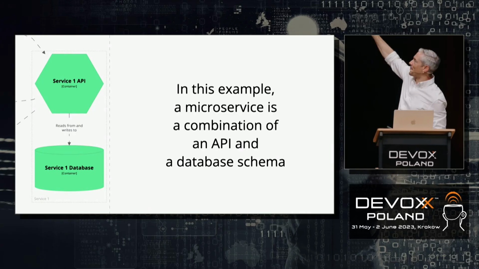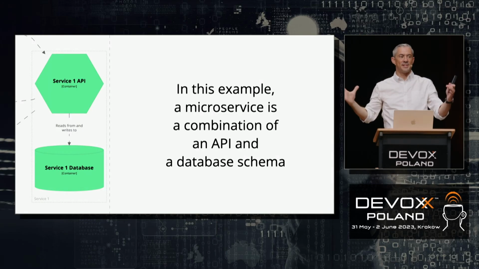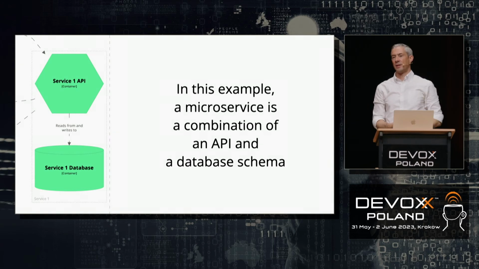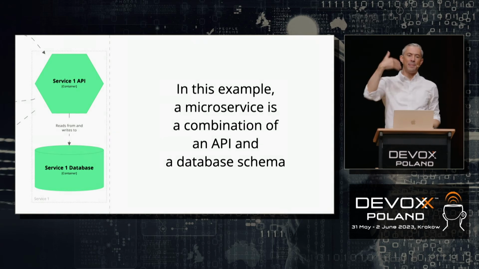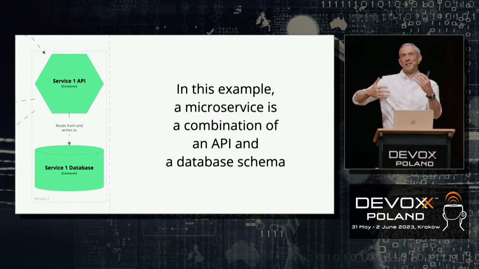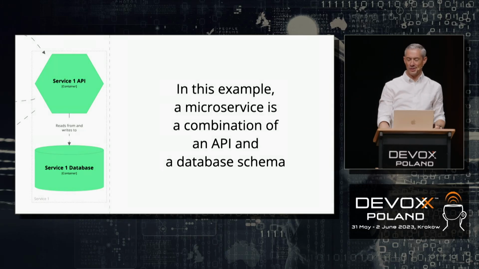So here's an example diagram. In this example, I'm treating the combination of the API thing and the database thing as a single microservice. So in this case, it's a pair of C4 containers. Maybe a Spring Boot app talking to a MySQL database schema. So in terms of the "C4 is not really suited to distributed architectures" thing,